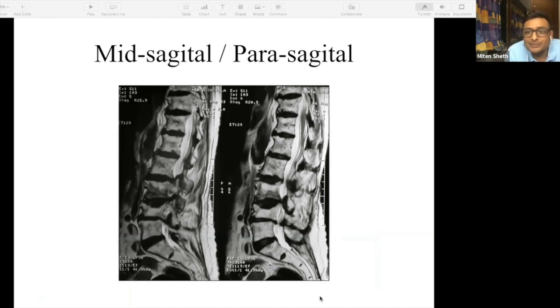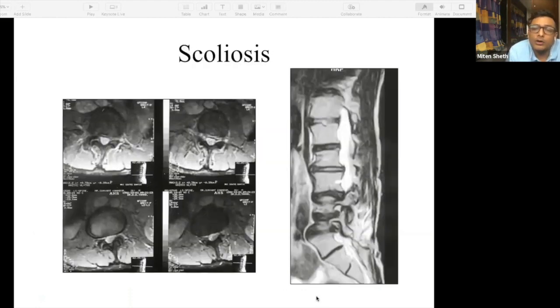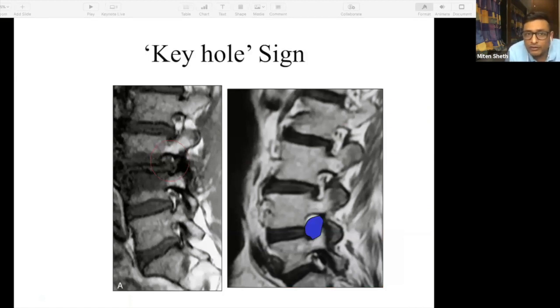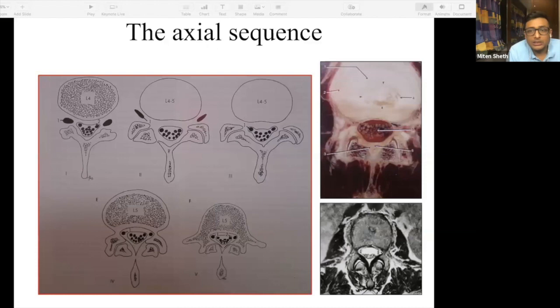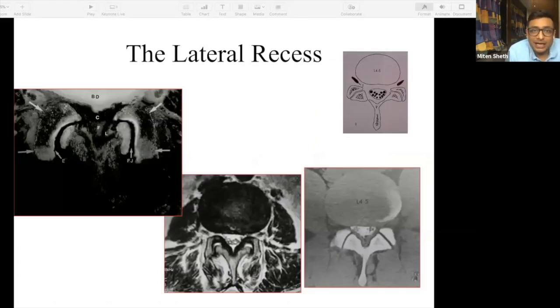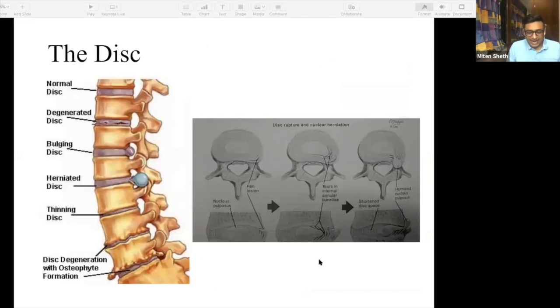So that is basically how you're going to go about reading an MRI, right? See, that's how your keyhole will be obliterated, whereas at other places you are able to see the keyhole well, and you are able to see your nerve roots well. So that's basically all about your T2 weighted sagittal and axial. Once that is done, you have to start identifying every pathology and its significance. So that's the basic reading of an MRI.